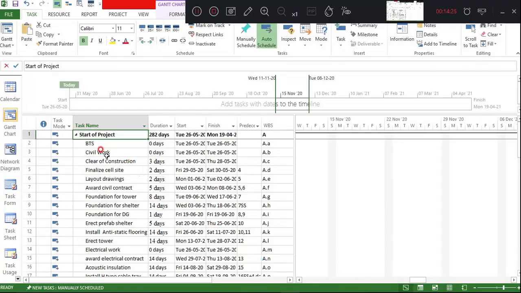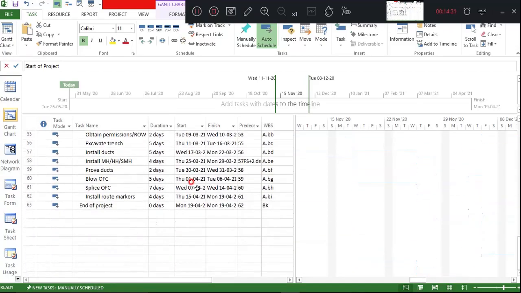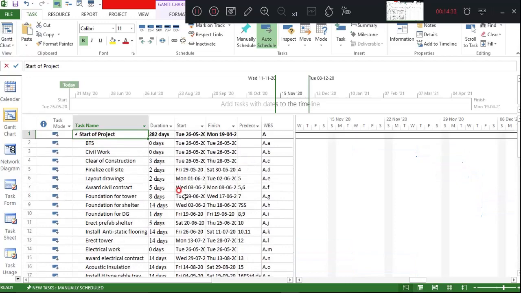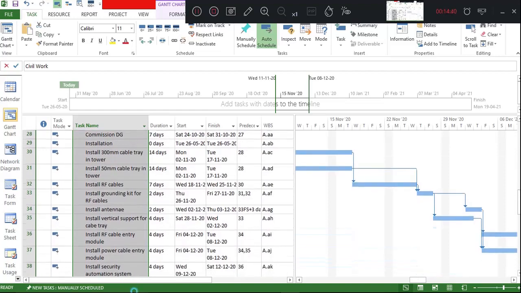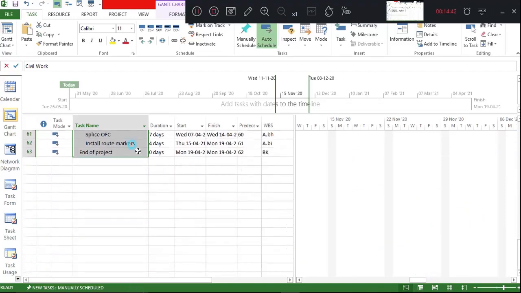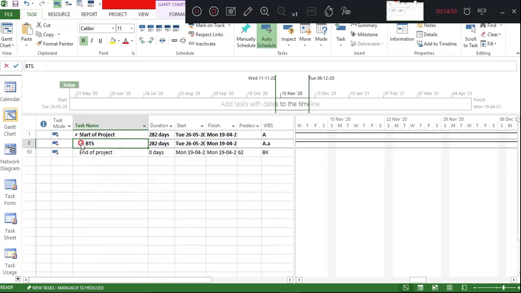Just select all the activities under BTS up to the end of the project, and again I give indent. So did you see? Now all the activities are under BTS, right?